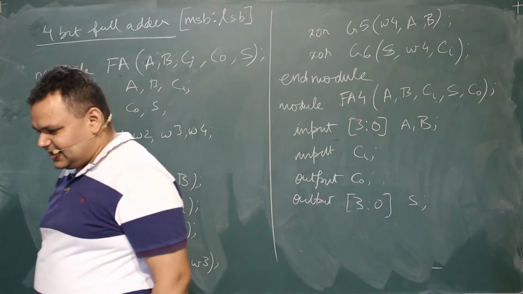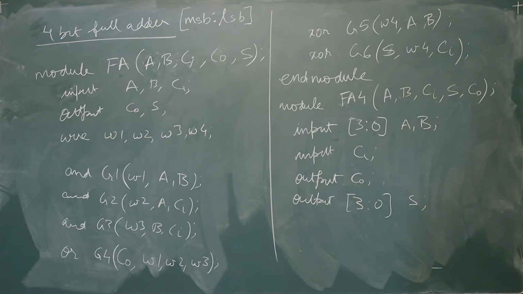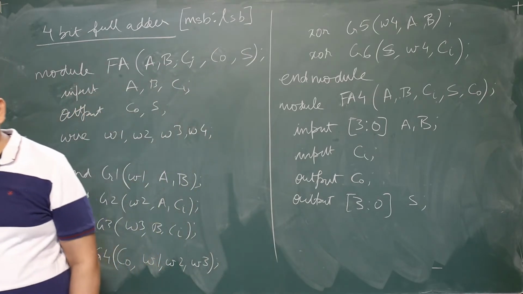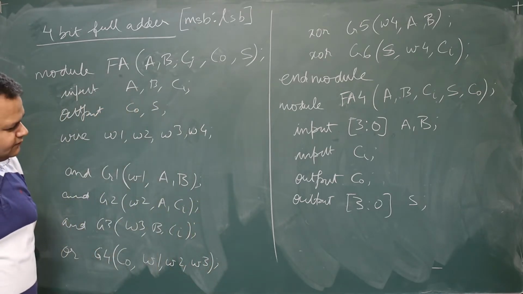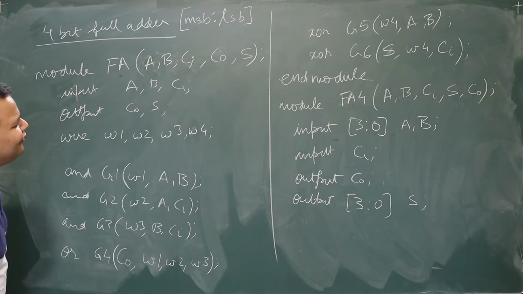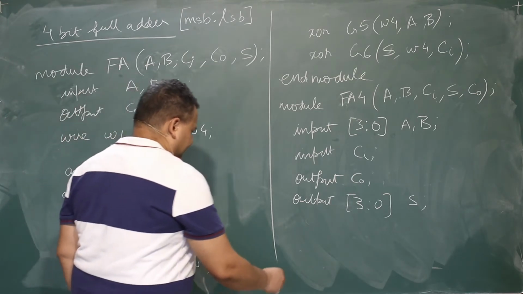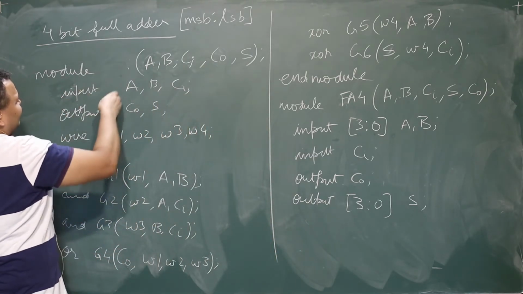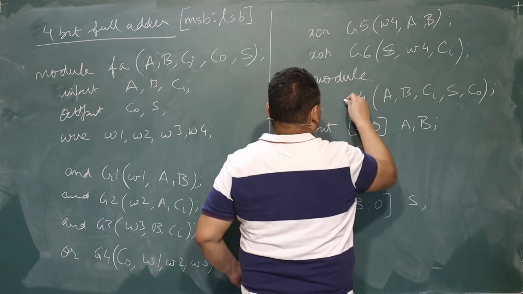Okay, now what will we do? Anybody tell me what we are going to do next? We will individually call that module. Yes, we'll start instances of the previous module, which is FA. Let me make a small change. Let me call this small fa, because it is similar to these, and let me also call this small fa.